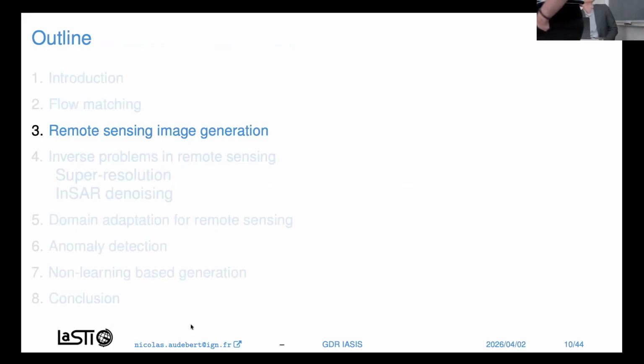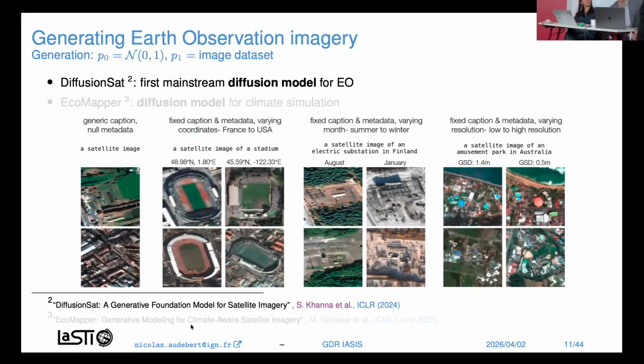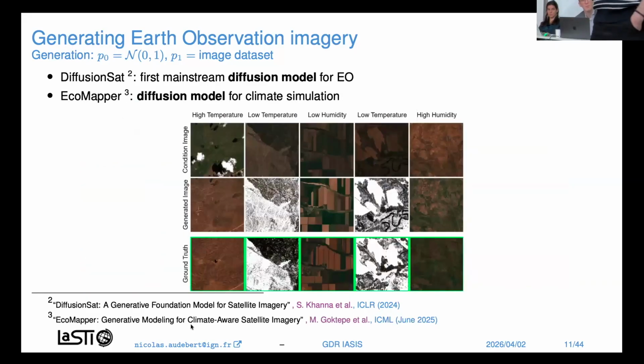So what can we do with that? So I evacuate the obvious topic, which is generating new images. As I've mentioned, DiffusionSat is, as far as I know, the first mainstream big diffusion model for remote sensing. It does the job. It's trained on both caption and metadata. And similar applications, similar methods have been introduced in EcoMapper to fine-tune Stable Diffusion and do image generation conditioned on